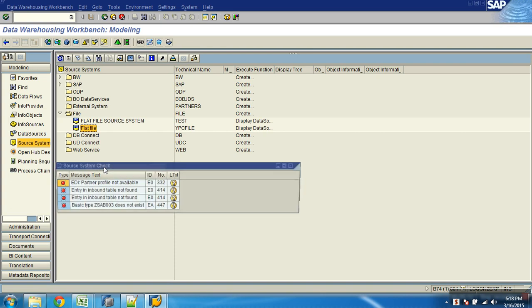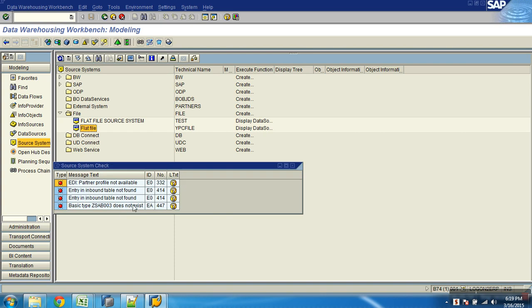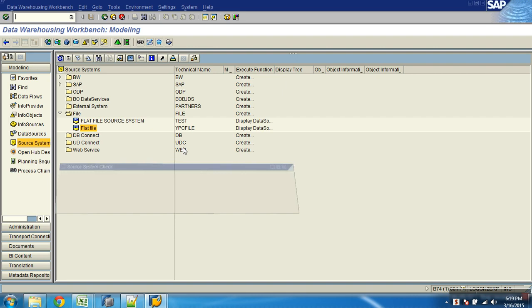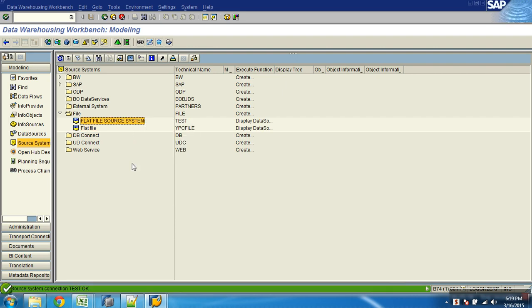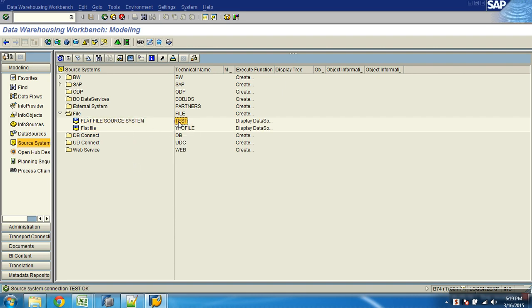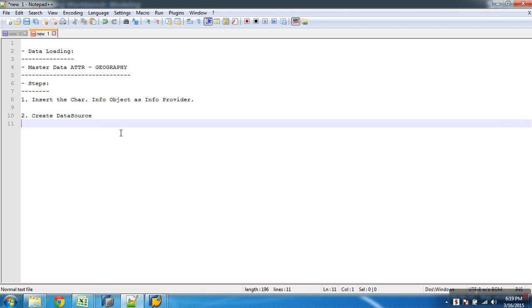Now if I say check, inbound not found, basic, so I think it's disturbed. We'll try this one. So I'll use this connection, test. Okay. If not, I can just create a new one. But in real time, you would have one source system connection and everyone will start using the same. Good. I have the connection. Now I would like to create a data source. Now what do you mean by data source?